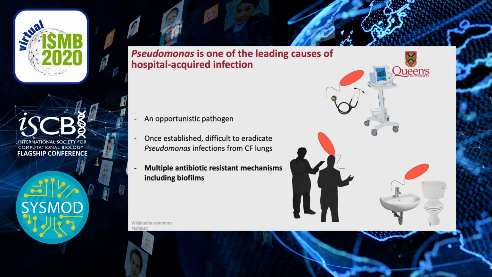One such bacteria is Pseudomonas. Pseudomonas is an opportunistic pathogen and one of the leading causes of hospital-acquired infections. Within hospital setting, when patients come in contact through contaminated surfaces or reservoirs, Pseudomonas can be transmitted. Once Pseudomonas establishes itself, usually through biofilms, it is extremely difficult to eradicate from CF lungs. One reason why they are such a nuisance is because they are highly resistant to antibiotics. One mechanism of antibiotic resistance is biofilms.